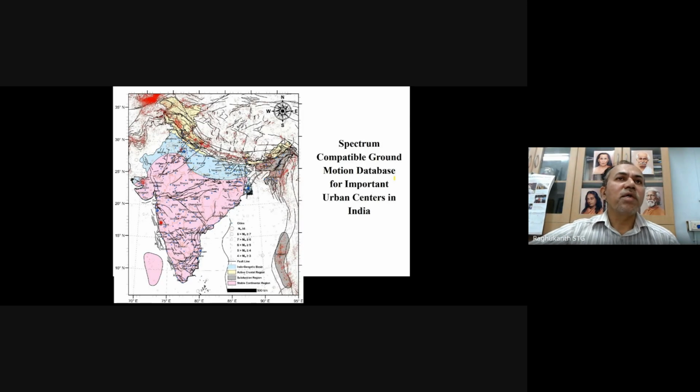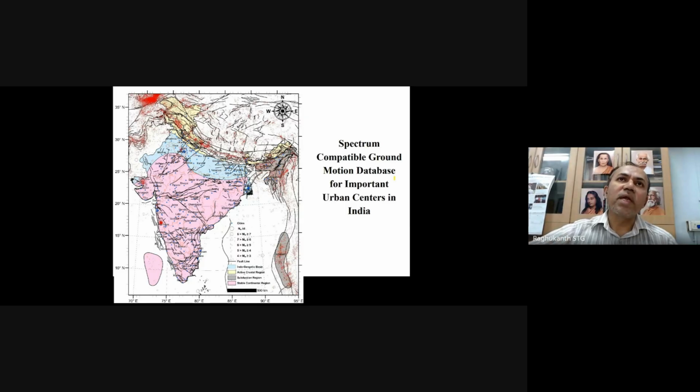Now the other thing is, as I already mentioned, people have started performance based design nowadays. When you want to do performance based design, or even when a code specifies it, like the IRC code, if you are designing a bridge with a span of more than a certain length, then depending on the location you have to do time history analysis in your calculations. How to generate time histories is also a very big challenge faced by practicing engineers.